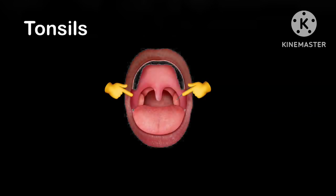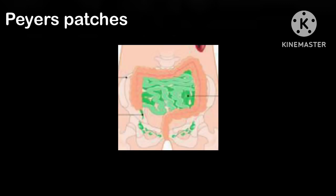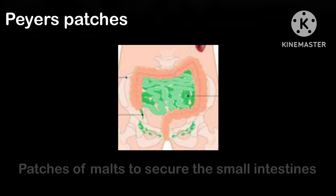And there are also these things known as MALT, which means mucosa-associated lymphatic tissue, and they are sorta a lymph node, but not really a lymph node, like the tonsils. The tonsils are a MALT. They are a ring of tissue around your throat that checks the food for any germs and other stuff like that. There are also things in the intestines known as Peyer's patches, and these patches are patches of MALTs which